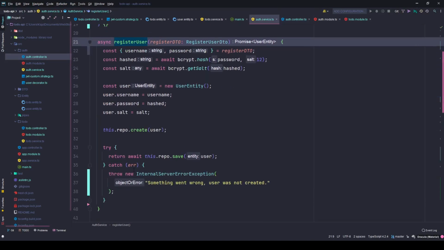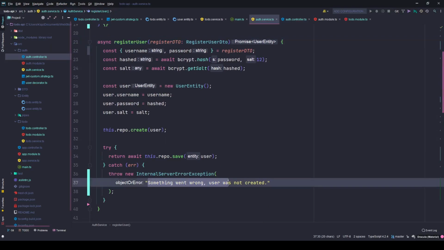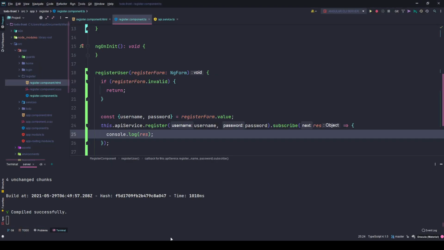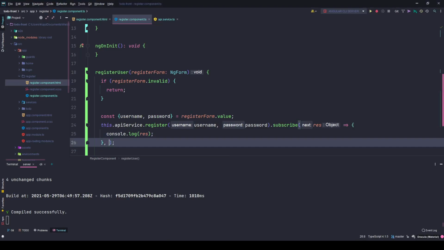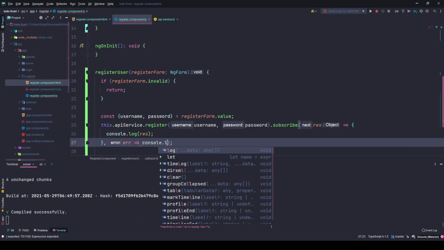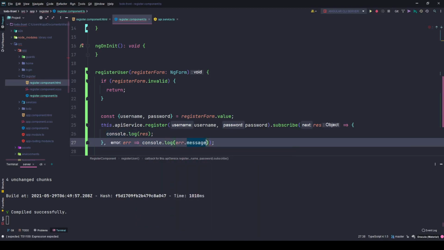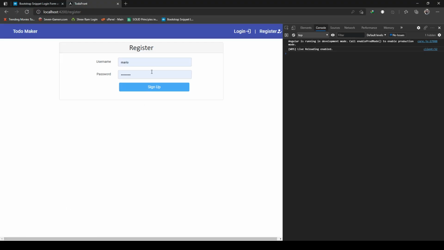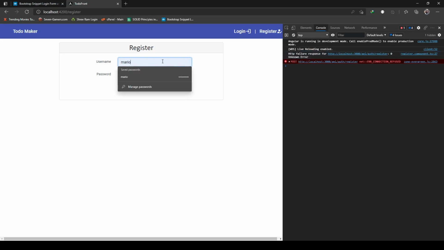And I expect the user. Okay. Also something went wrong. Let's catch the error in our front end here. Error log, console.log error. Save the changes, go back, sign up, unknown error. So let's try with a different name, Mario's. If you get anything,